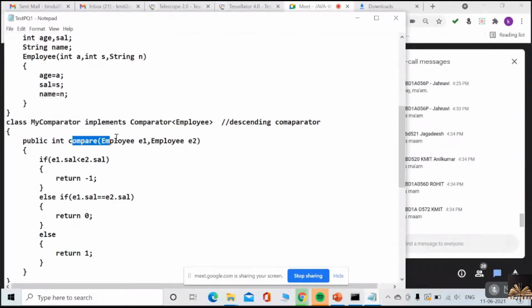And the compare method: I am passing 2 employees. If E1.salary is less than E2.salary, then you have to give -1.